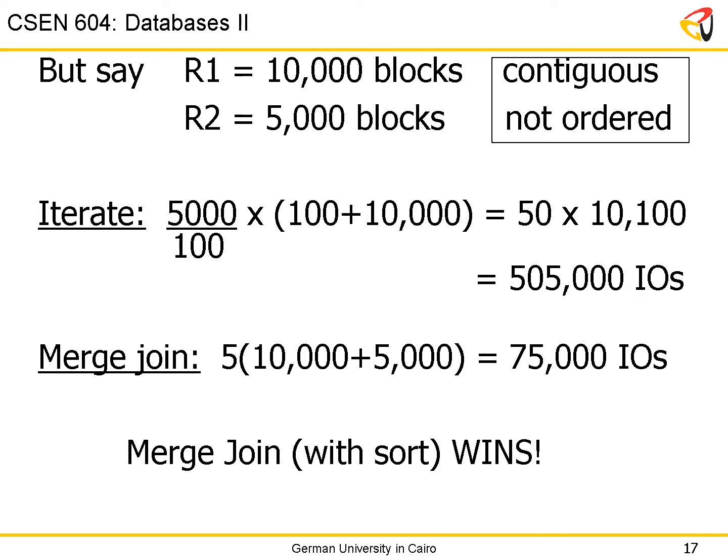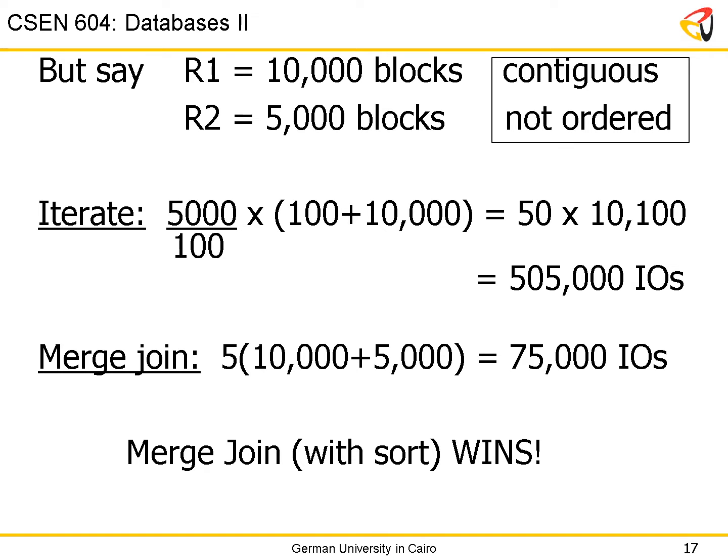So what this is telling you is that it's not always the case that iteration join will win. It depends on a number of factors. The first one is the size, the number of pages in the relations you're joining, whether the relations are contiguous or not, whether they are ordered or not, and the amount of memory that's available for you to use. Up till now I'm using, and I'll continue doing that, because this is simpler to demonstrate,